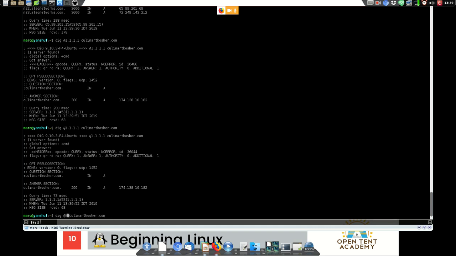Locally, it's just getting information from my computer. I must have set up a DNS server running somewhere, but in any event, doesn't matter. We can ask either 1.1.1.1 or 8.8.8.8, and we will get back an authoritative answer of what we know about this server.